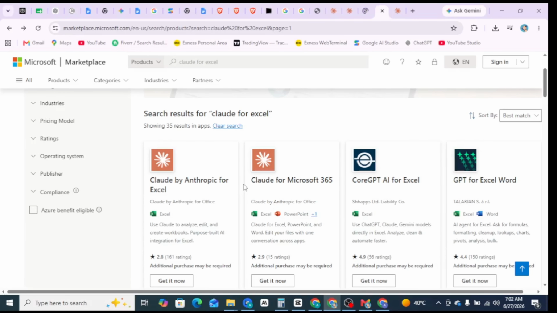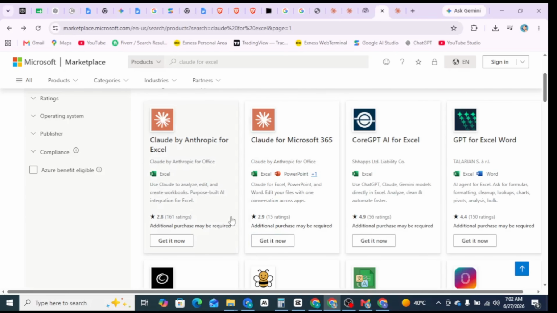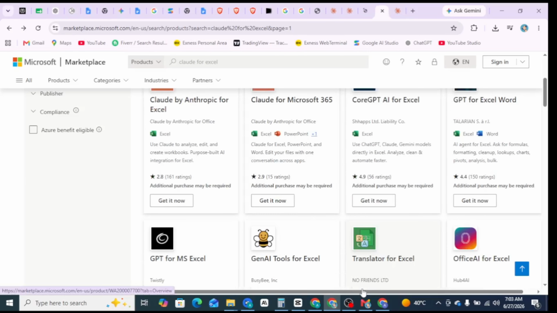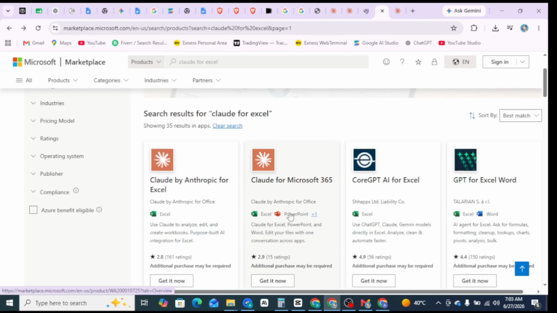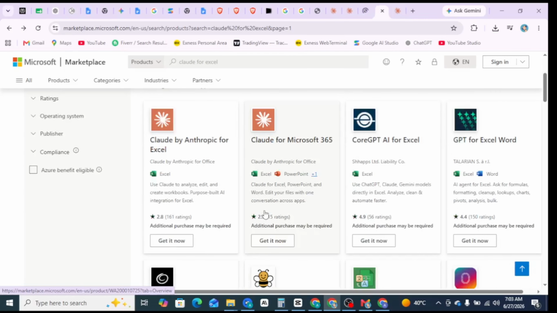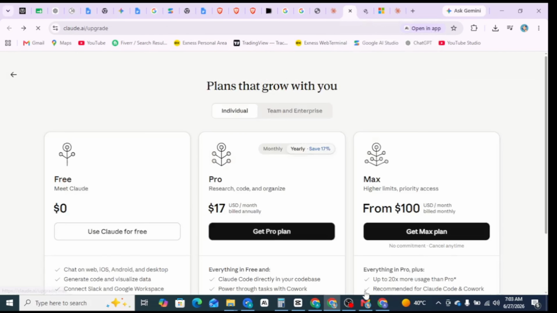This script is based on Claude for Excel being available to Pro, Max, Team, and Enterprise plans as an add-in that integrates Claude into the Excel workflow. The installation process reflects the method of going to Microsoft Marketplace, searching for Claude by Anthropic for Excel, selecting Get It Now, and then launching Excel to open the add-in via Home, Add-ins on Windows, or Tools, Add-ins on Mac. The model options and limitations are based on Claude for Excel being available with Sonnet 4.5 for faster tasks and Opus 4.6 for complex financial models. With the March 2026 update adding shared context between Excel and PowerPoint,